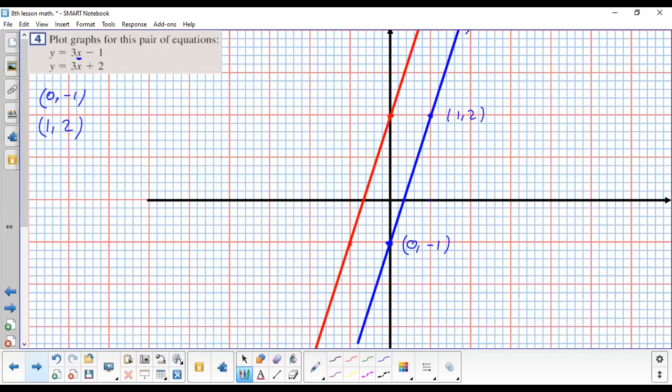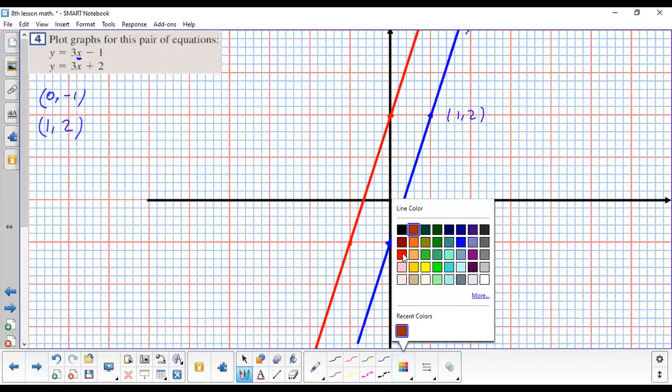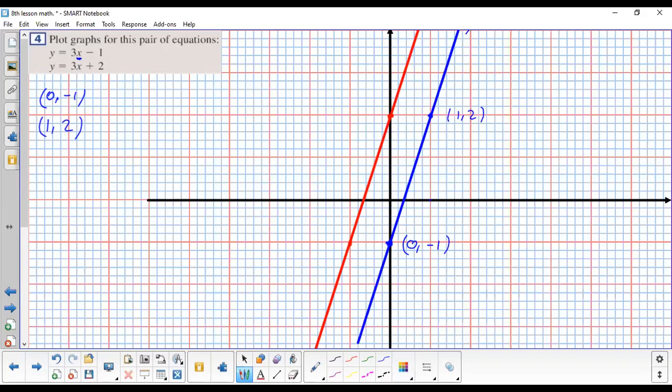Now for the other equation, I have taken for x the point 0, and it gives the result 2. So 0, 2. And the other point is -1, -1. You can check in this equation: if you put 0, 3 times 0, 0, plus 2 is equal to 2. If you put -1, 3 times -1 is -3, plus 2 is -1 again. You draw the lines and you see that the question here is, what do you see in these lines? Why do they not connect? Because they are parallel